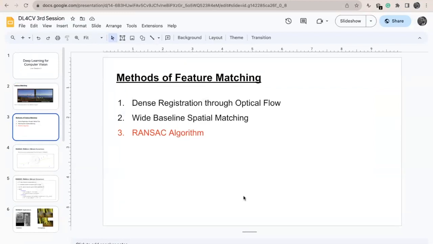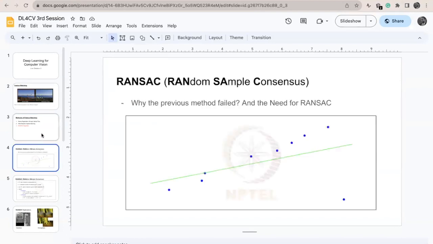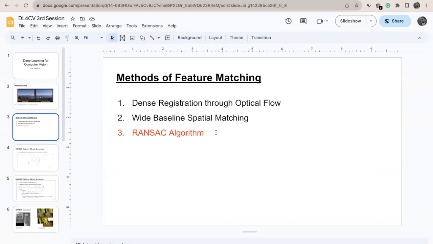there are a lot of methods to do that. So one method was dense registration through optical flow, and the second method was wide baseline spatial matching, and the final method, which was the state of the art, was the RANSAC algorithm. So dense registration through optical flow was the point where we tried to find all the